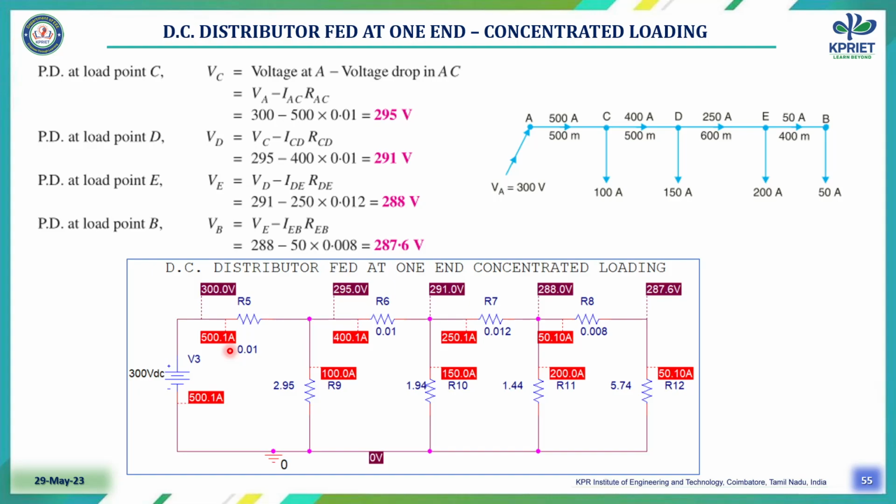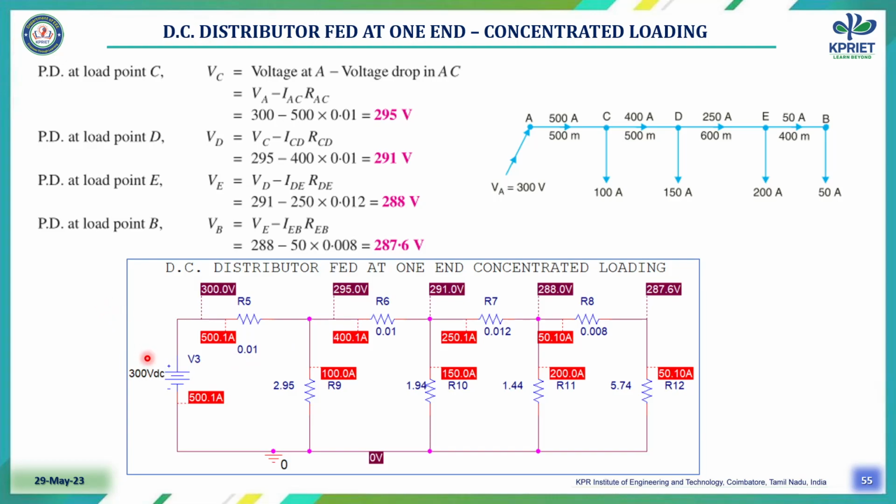The ultimate aim is to find the minimum potential, where the minimum potential will occur. Here in this calculation, we arrived that the minimum potential will occur at the point B, VB, the actual voltage